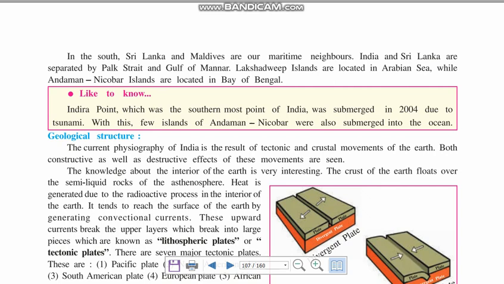While the Andaman and Nicobar Islands are located in the Bay of Bengal, this we already know. Lakshadweep Islands are located in the Arabian Sea. Indira Point, which was the southern